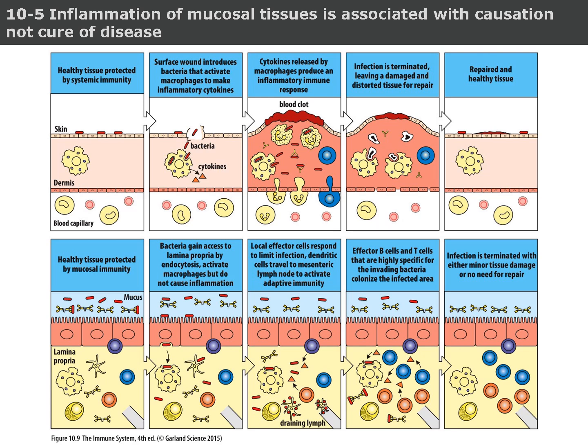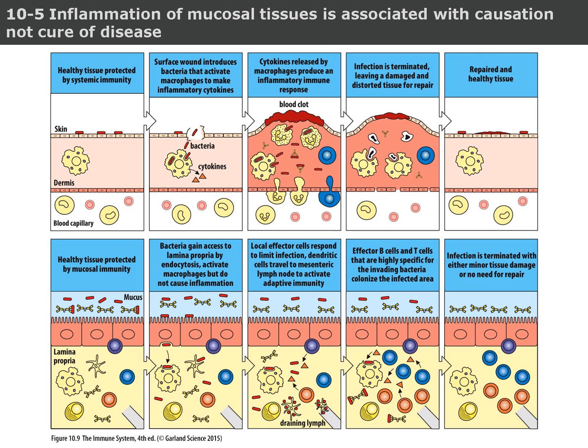In contrast, the bottom row demonstrates mucosal immunity, which operates in tissues like the intestine. Healthy mucosal tissue is protected by mucus and non-inflammatory immune mechanisms. When bacteria enter through the epithelial barrier, specialized cells like macrophages respond quickly, often without triggering inflammation. Local immune cells control the infection efficiently, while dendritic cells migrate to mesenteric lymph nodes to initiate a targeted adaptive